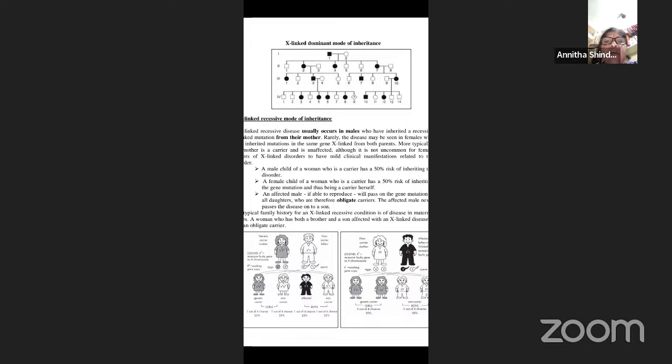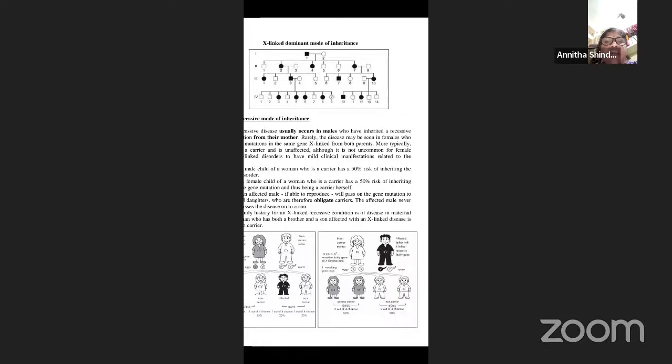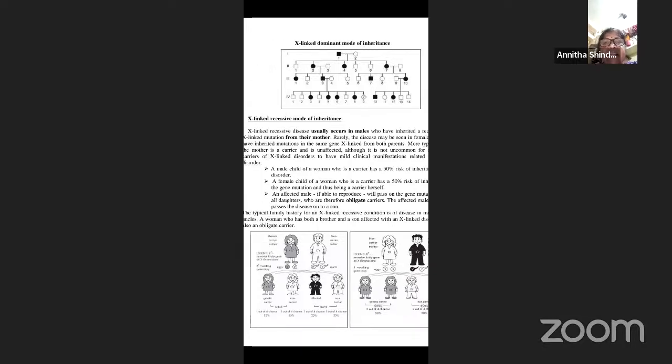And a female child of a woman who is a carrier has a 50% risk of inheriting the gene mutation and thus being a carrier. Okay, so this is what they say. Another one is